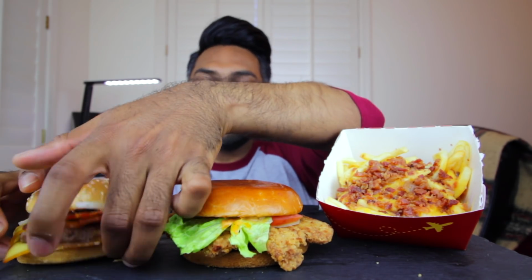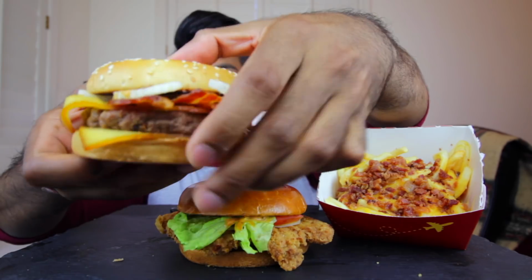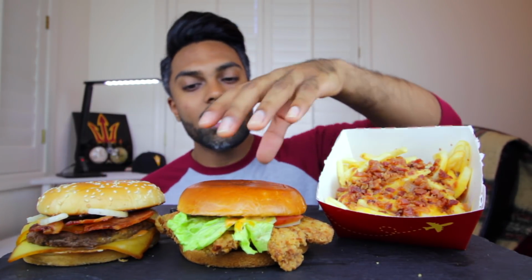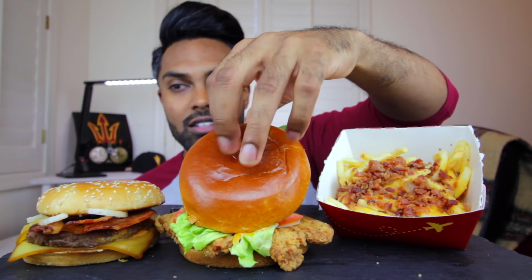So right here we have the McExtreme bacon burger from Spain, and what's on it is some onions and their special sauce, some super crispy bacon right there, a very meaty patty, if you can see, and then Gouda cheese. And then right here we have, from Canada, I believe, yes, from Canada, this nice potato looking bun,